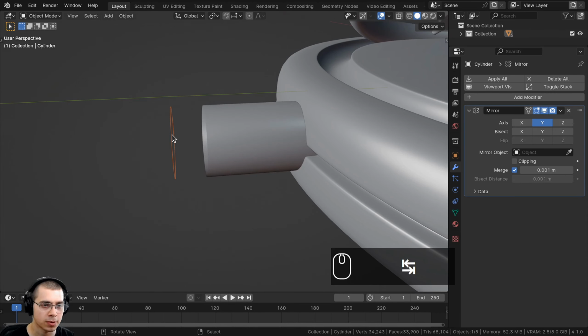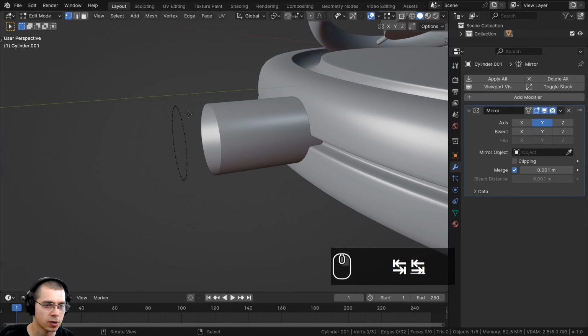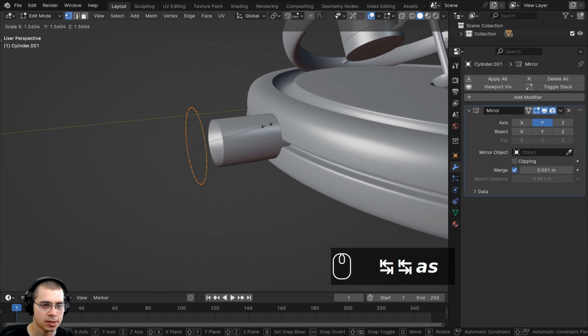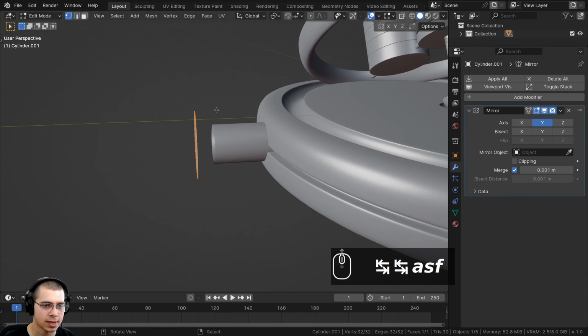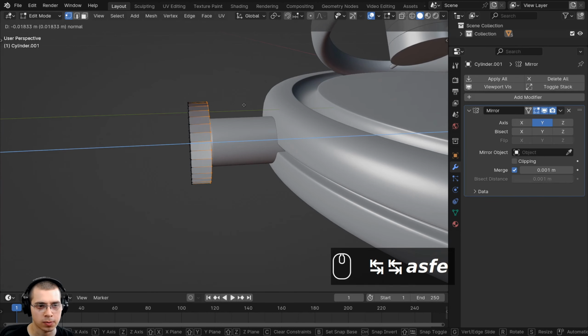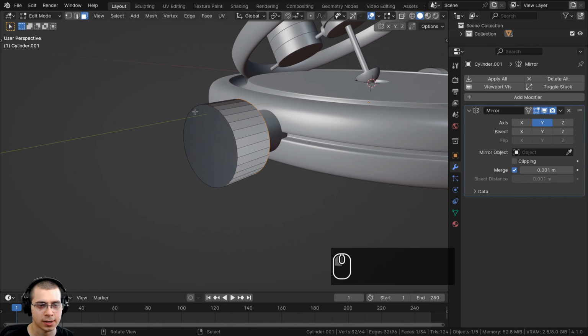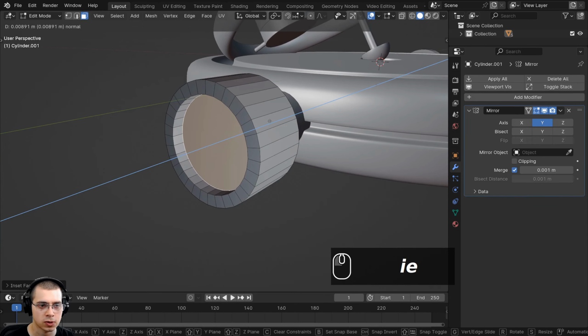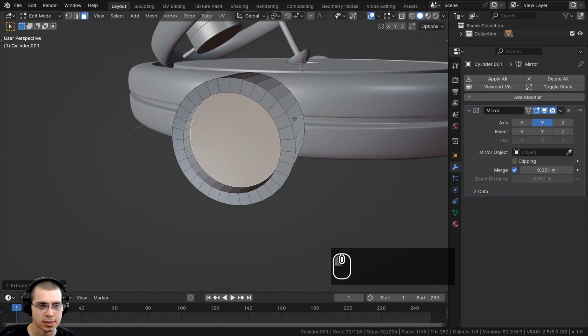So I'll go back to object mode, select this piece here, and then go back into edit mode. I'll select everything, and I'm going to scale everything up a bit. Then I'll press the F key to fill a face there, and then I can extrude it out, and we'll extrude it out on the Z-axis like that. Then I'm going to go to the face select, and I'll select this face, and I'll hit the I key to inset the face there, and then I'll extrude it back in on the Z-axis, just like that.